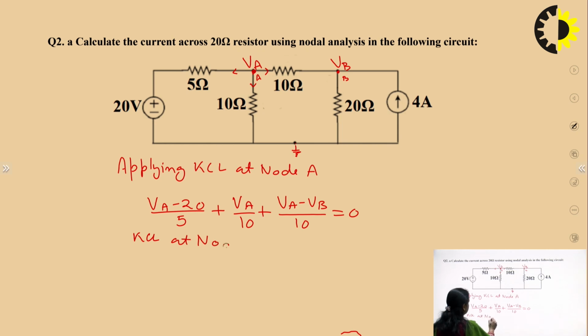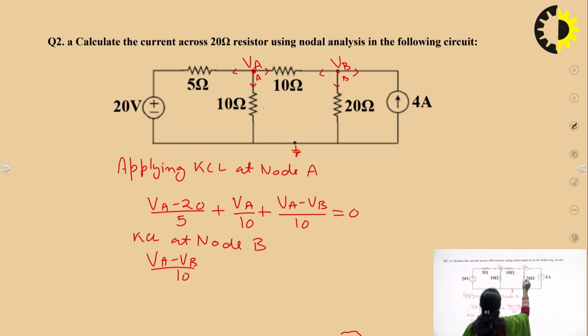Now, I will apply KCL at node B. I will assume that my node B is at higher potential. It means now all the currents are going outward from this node. So, now I will write for this branch. As I am writing the equation for this node and assuming that this node is at higher potential, I will write VB minus VA by 10, then for this particular branch, I will write